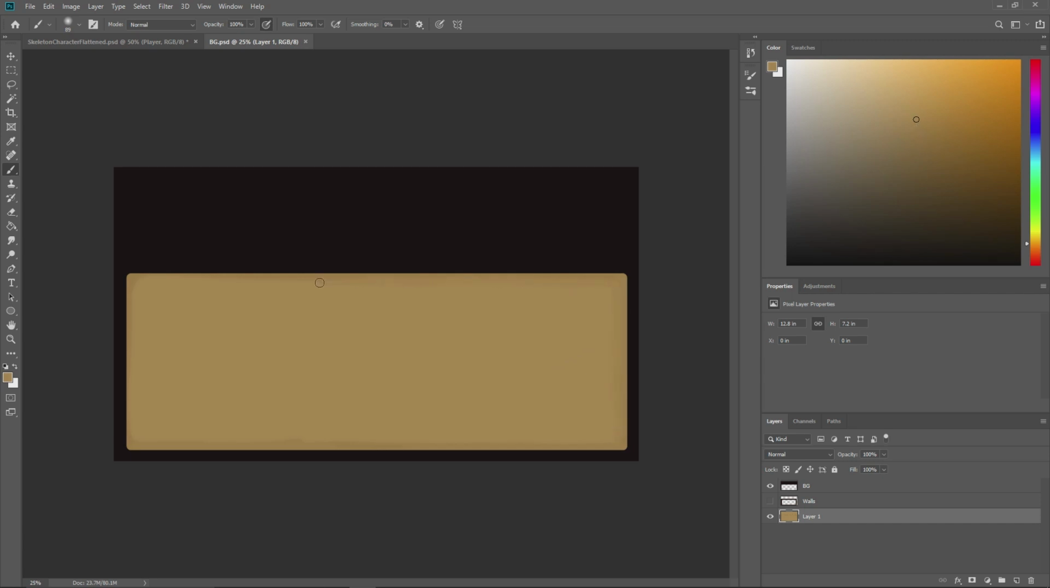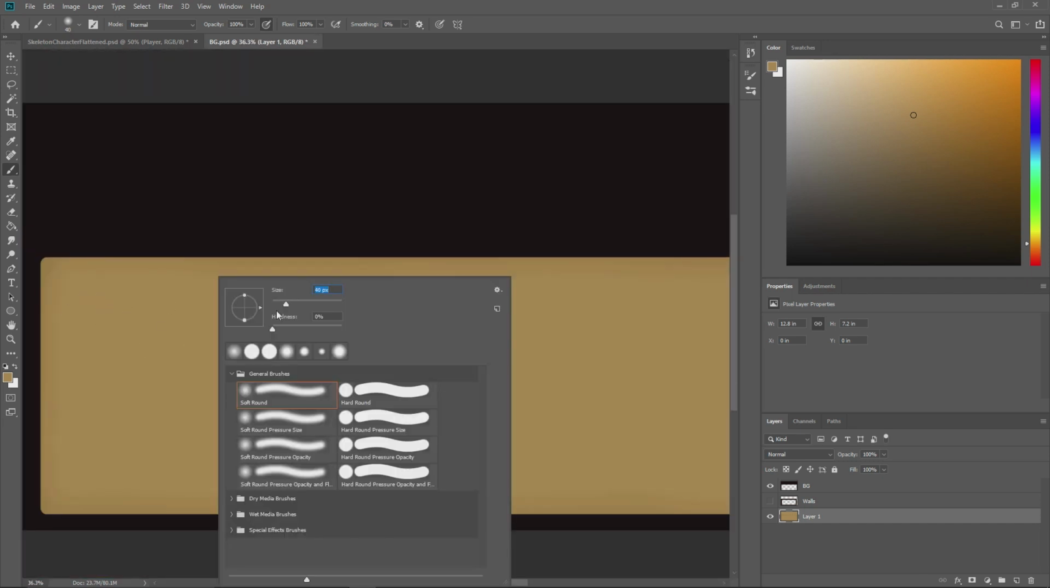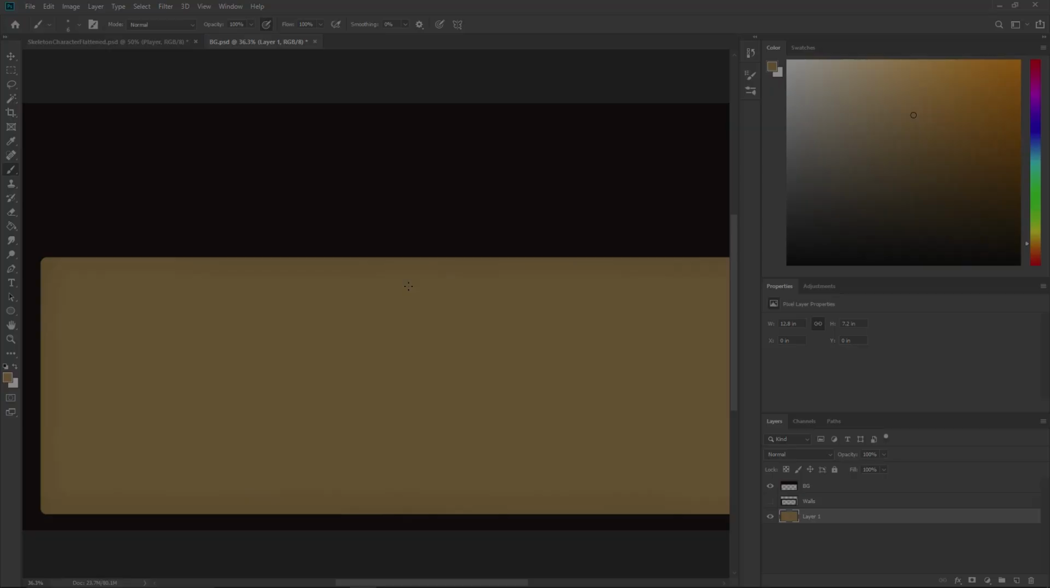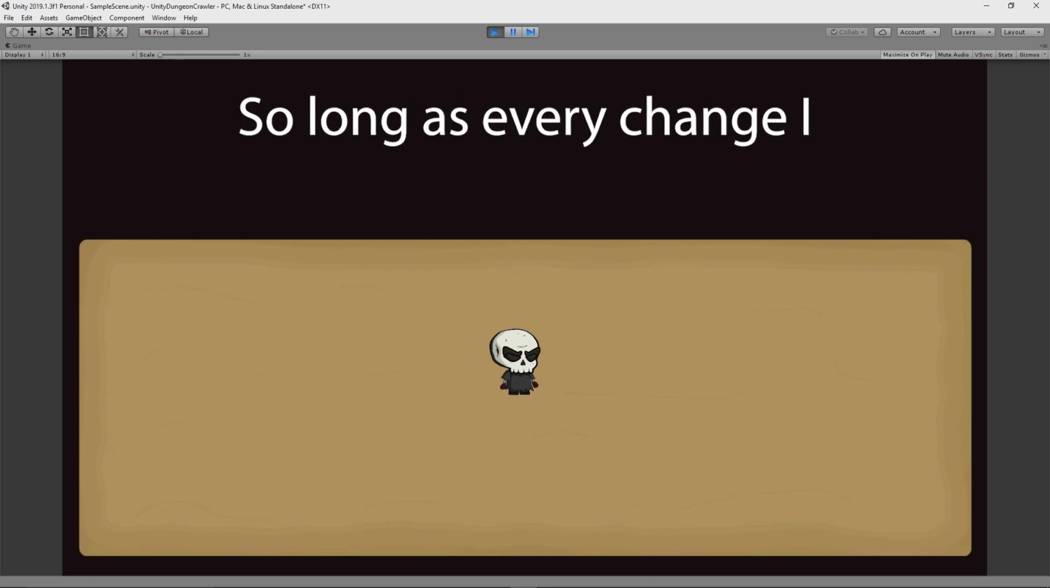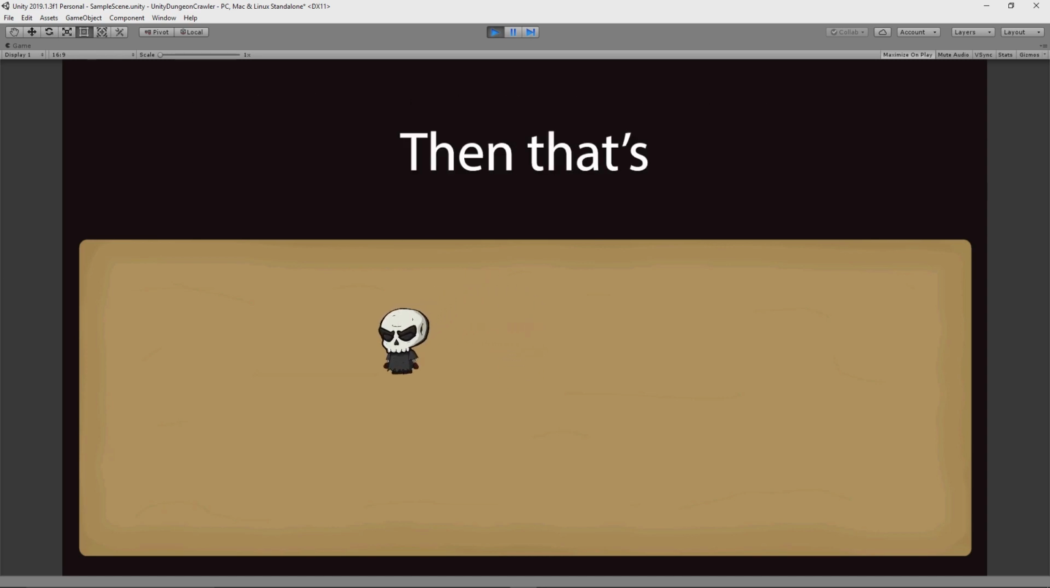So I added some darker shades around the edges, then I applied a bit of light blending and added some little details to make it pop out a bit, and this is basically what it ended up like. It actually didn't look that awful now, and it was no doubt better than it was before, so that's a great thing. So long as every change I make improves this game in some way, then that's a win